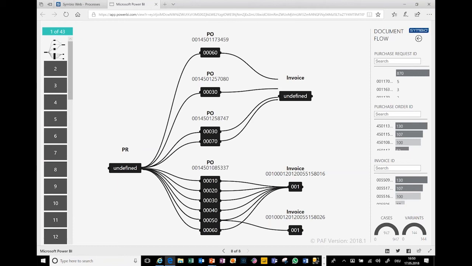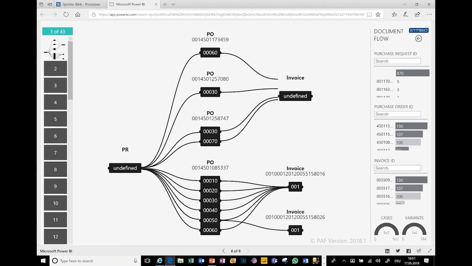So they talk about purchase orders, they talk about invoices, they talk about purchase requests, shopping carts, etc. So that's more the view that they have, and therefore we thought about how we can visualize how these documents flow through the system. And that's why we came up with the so-called document flow. And it's a little bit different, the view, than what we have seen so far.